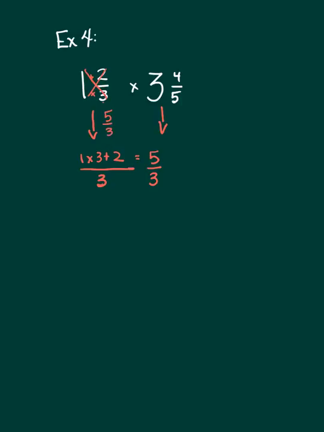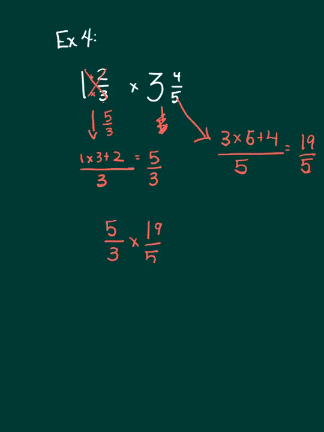And then now over here, we're going to multiply 3 times 5 plus 4, all of this over 5. So we're going to get 19/5. So we have 5/3 times 19/5. And we're going to multiply across. Okay, so we have 5 times 19 is 95